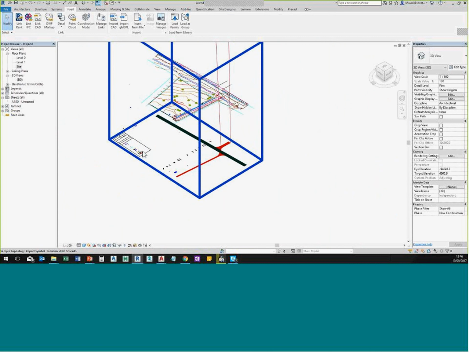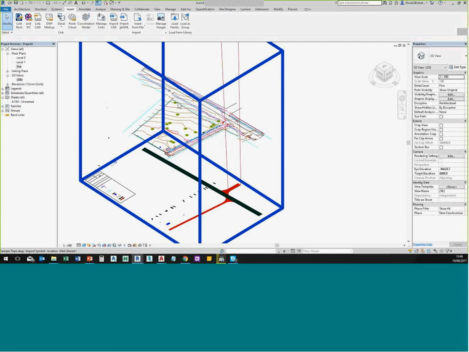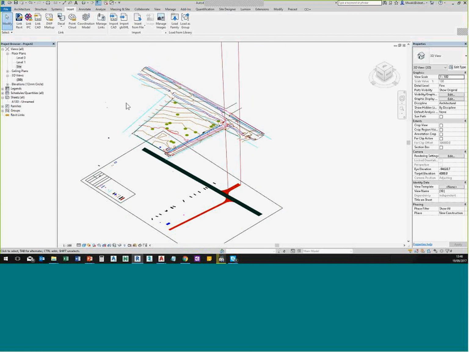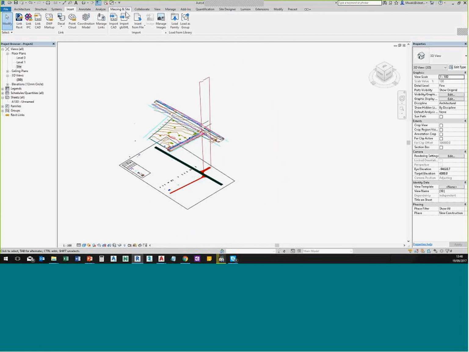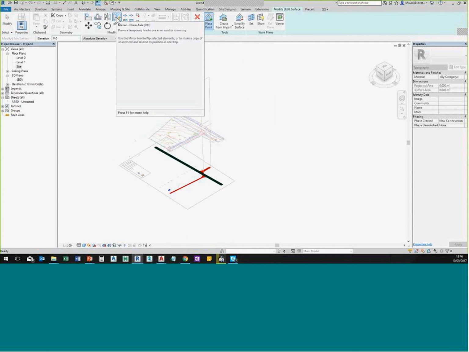For example, my block information is on. What I can do is use some of that information to recreate my topo surface, which I can use for my design. And the process for that is to go to the massing and site tab and choose topo surface. Then there is a contextual tab where I can place points, elevation points to a topo. So for example,